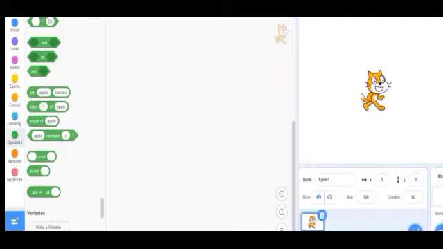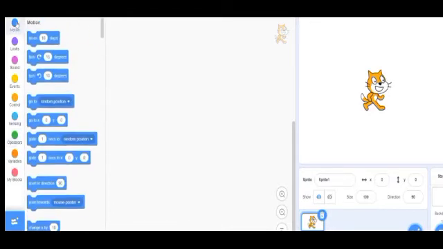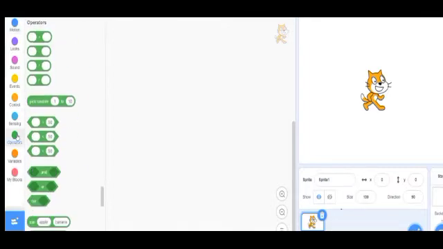This is operator block. It is green in color, and here we have all arithmetic operations like addition, subtraction, multiplication and division. We have less than, greater than, equal to, and even we have and, or, not. Suppose if you want to add any two numbers, we can use operator blocks for that.